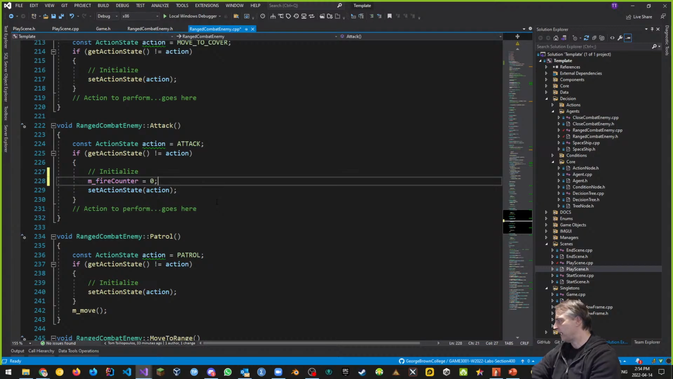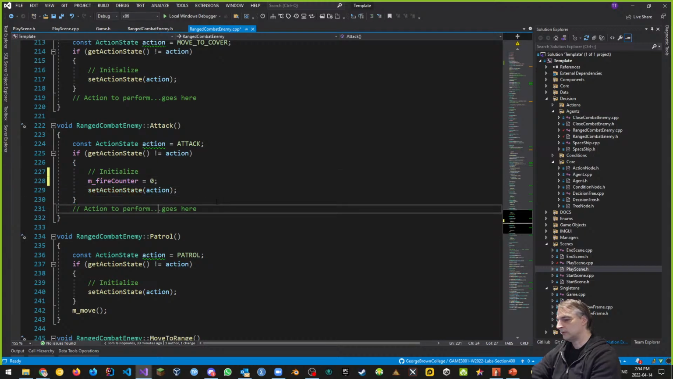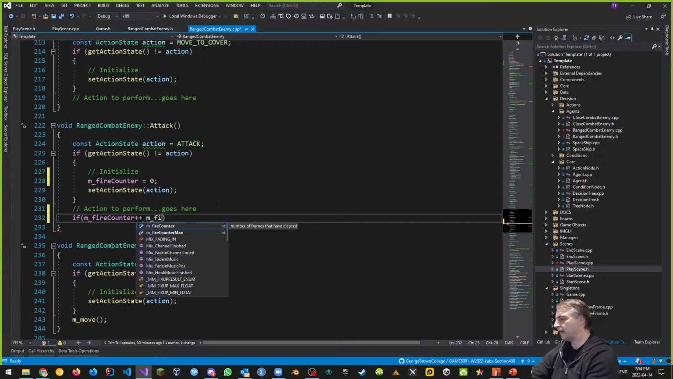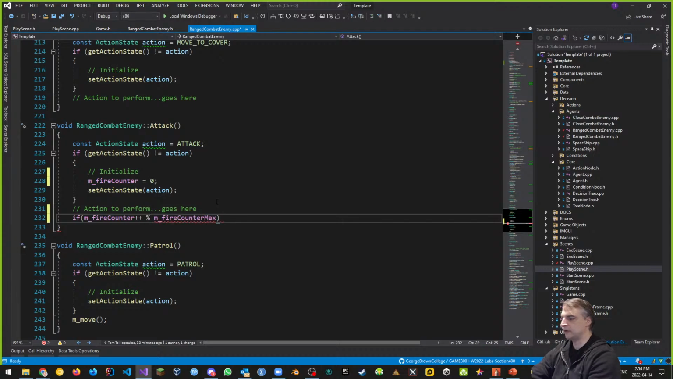And then, when I'm firing, my M underscore fire counter will increment to the next frame. And we'll say M underscore fire counter max, right? If we divide this, we're using a modulus operator. The modulus operator is like division, except that it only returns the remainder. If the remainder is 0, that means I can divide by the fire counter, divide by 60. Then